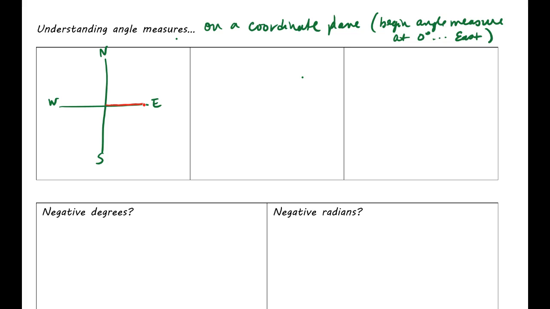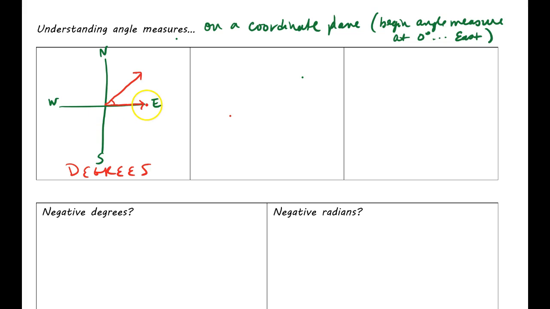And then we're going to stop our measurement wherever we want. So if you want to stay in the first quadrant, or if I just said, hey, draw me an angle of 45 degrees, then hopefully it makes sense that would be your angle. You start here, you stop halfway to 90, and that would be 45. So that's just an example, but you're going to be able to measure and draw any way that you want. So we're going to start with degrees. Let's let this box be degrees, because that's what you've known your entire life.